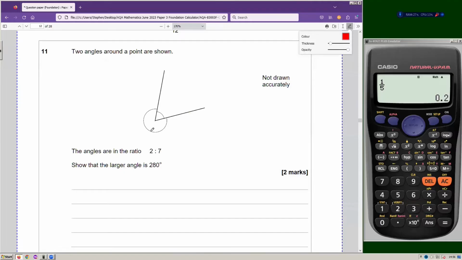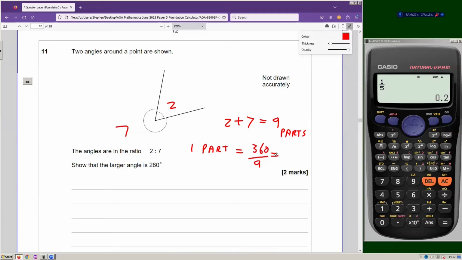Two angles around a point are shown. There's this one here and this one. The angles are in the ratio of 2 to 7. Show that the larger angle is 280 degrees. Well, you've got 2 plus 7, 2 plus 7 equals 9 parts. You've divided the whole circle into 9 parts. One part equals 360 degrees divided by 9, which equals,